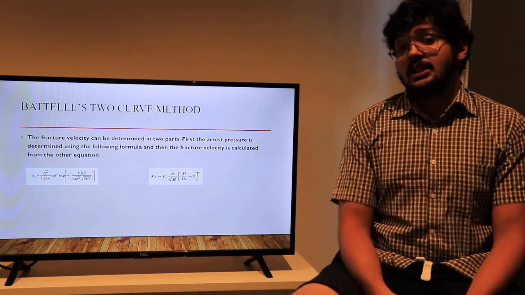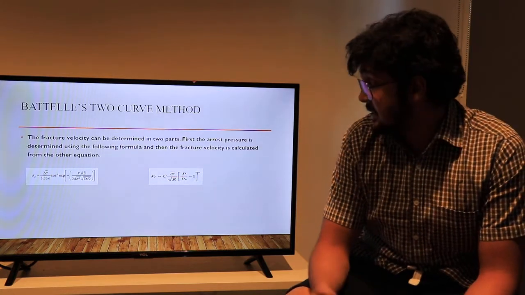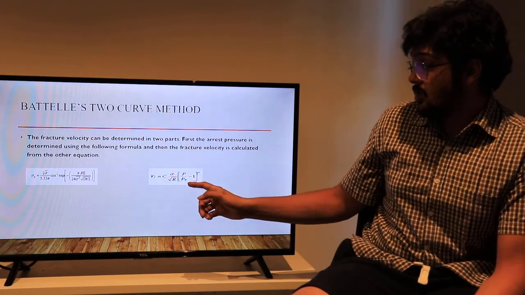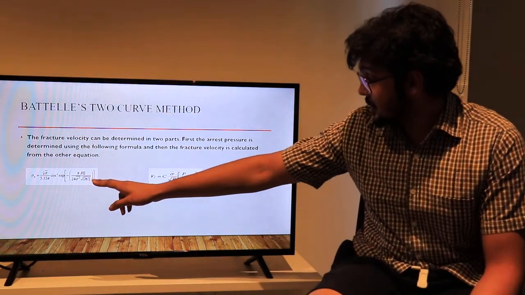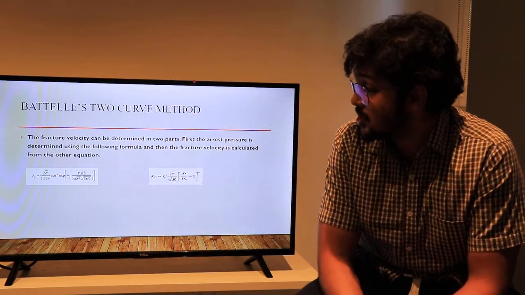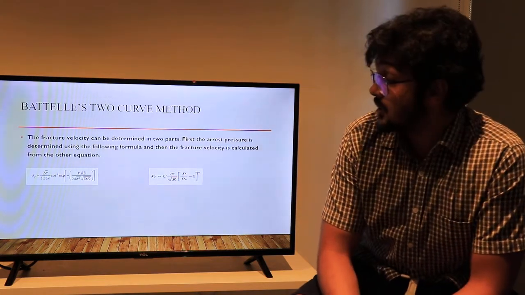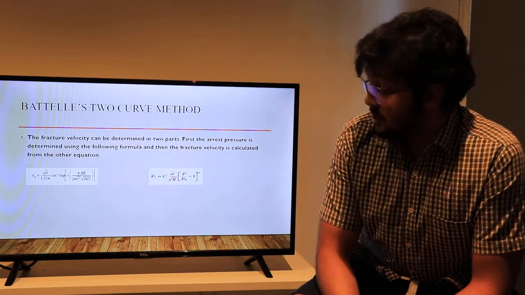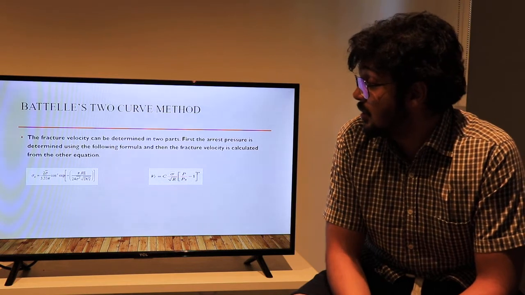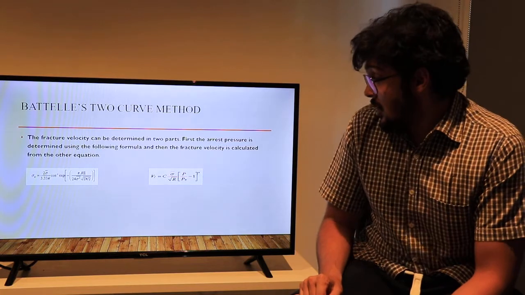Now, the fracture velocity can be determined by a two-part equation. The first equation determines the arrest pressure, and the second equation determines the fracture velocity. In the arrest pressure equation, sigma A represents the arrest pressure stress, sigma dash represents the material flow stress, R represents the fracture propagation resistance, E represents Young's modulus, D and T represent the diameter and thickness of the specimen, and